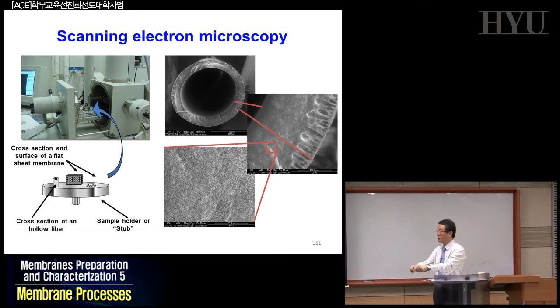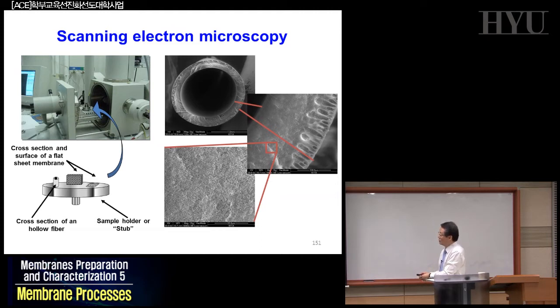In liquid nitrogen, which is minus 190 degrees C, 192 degrees C. If you use your tweezers, and between the tweezers you have your hollow fiber or films, polymer films usually, and put it in, and if you just pressurize them, it will give you a very nice cross section of the membrane, and put it on top of your mount, and